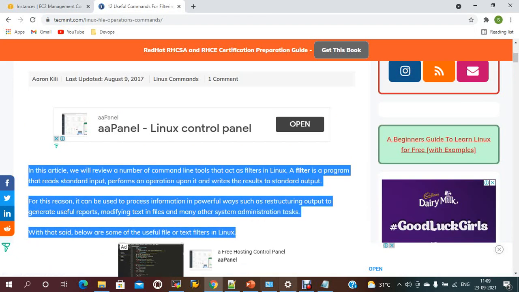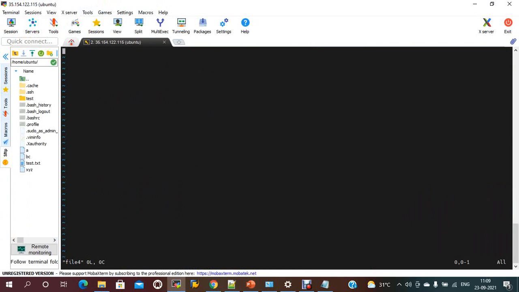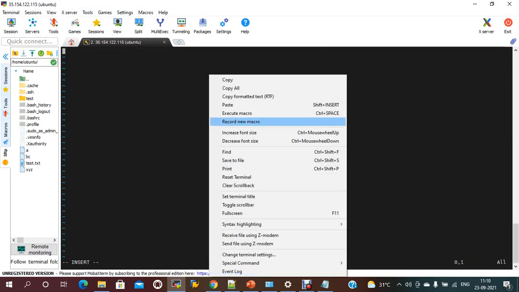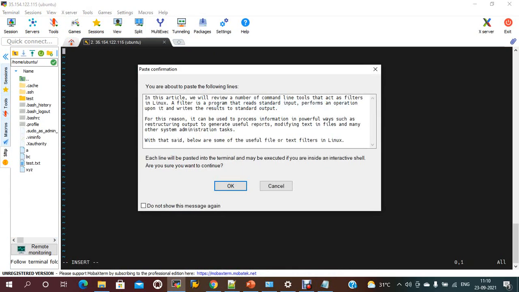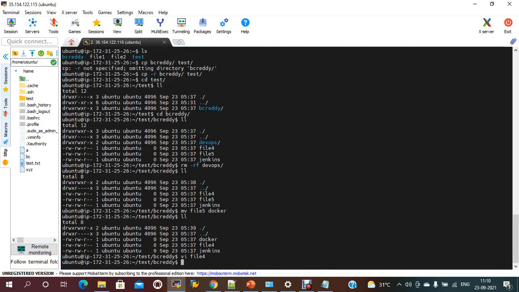Let me copy and paste it. So vi file4. Currently this data should be there in the file.